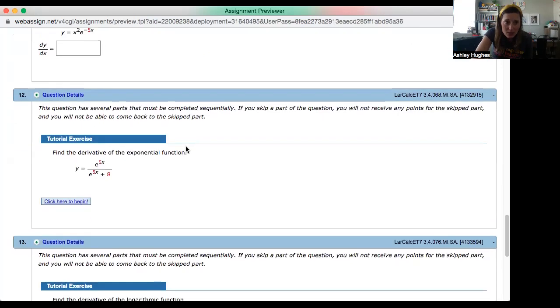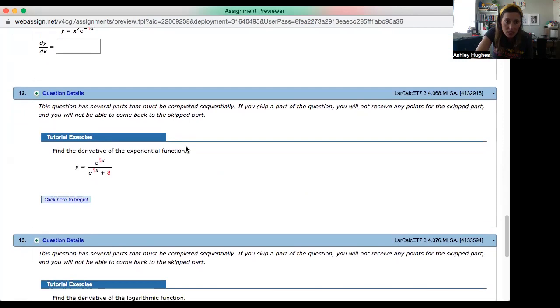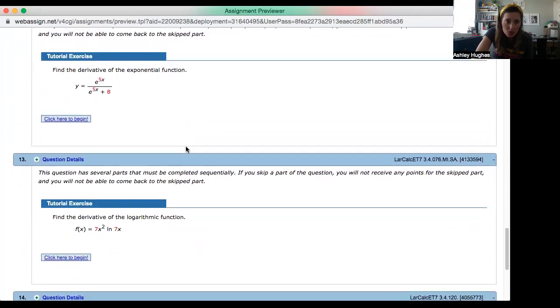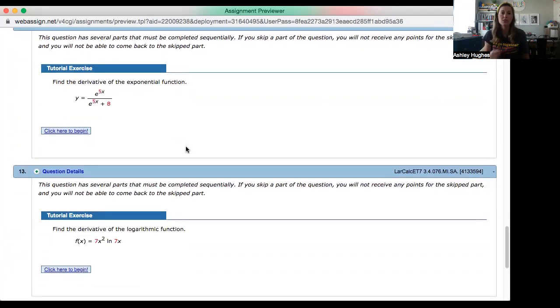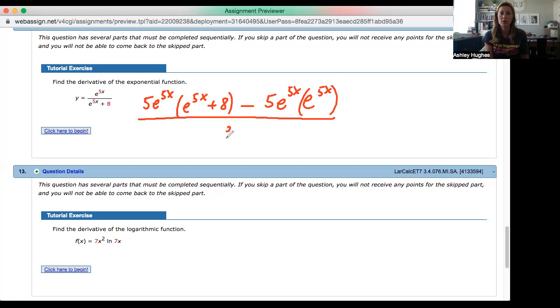And then this one is quotient rule. Okay. Similar to what we just did, except it's a quotient rule problem. So derivative of the top would be 5 e to the 5x, because you multiply by the derivative of the exponent, times the bottom. Quotient rule does minus the derivative of the bottom, which would also be 5 e to the 5x, times the top, all over the bottom